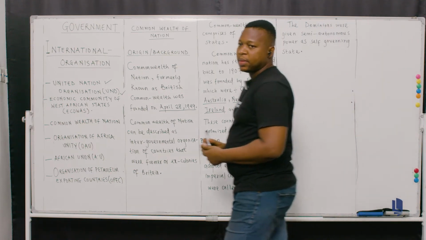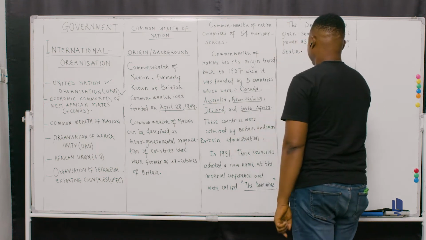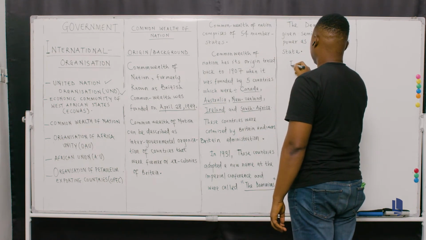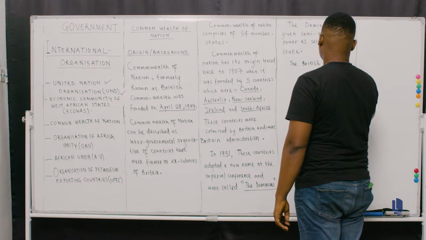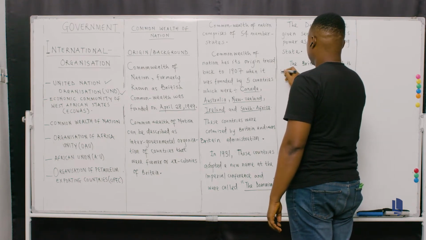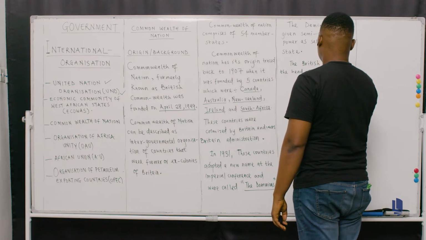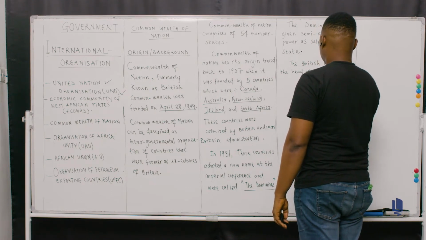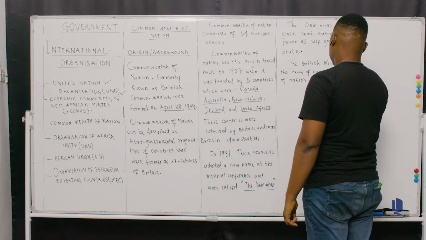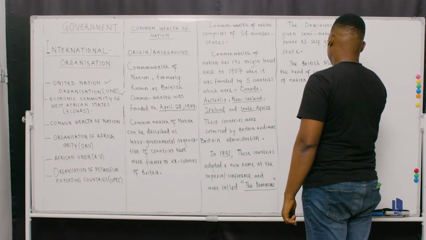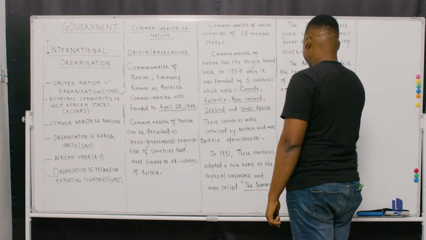So, what else do you want to know more? Now we have to understand that the British monarch is the head of Commonwealth of Nations. The title was adopted